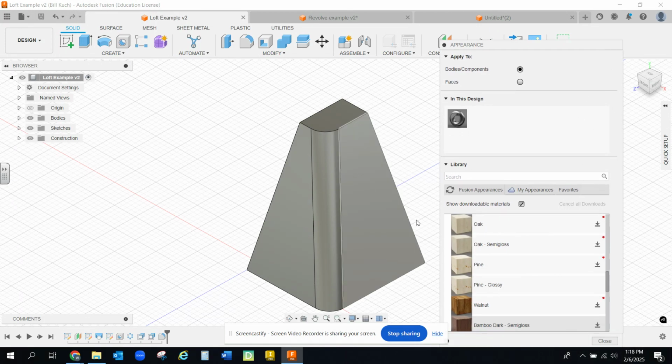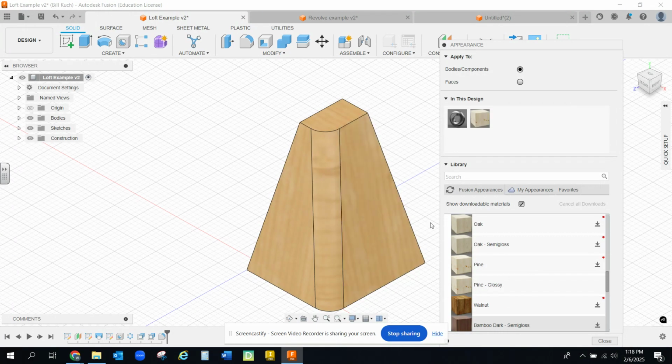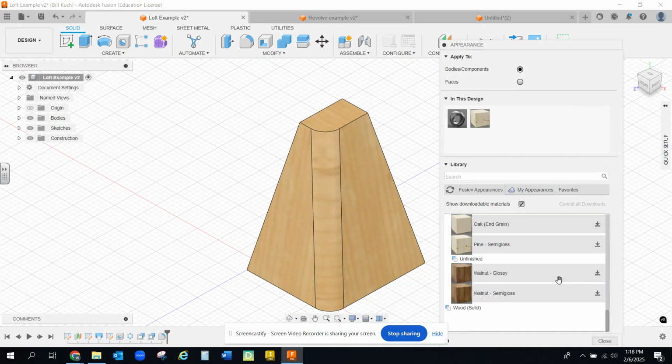But if I wanted to make this part a pine glossy appearance, one thing that we've done in the past is you would just click on the body or the component here and you would choose Pine Glossy. But you'll notice that doesn't work in Fusion. Instead, what I need to do is take this and drag it and drop it onto the part file. So it's a drag and drop when you want to change the color, and that's simple enough. So if I wanted to go into a walnut glossy and change that instead of just dragging and dropping onto the part file, I could take it and drag it and drop it onto the